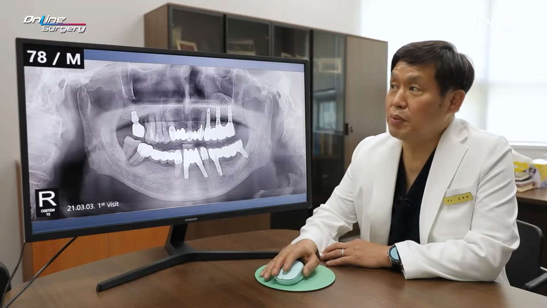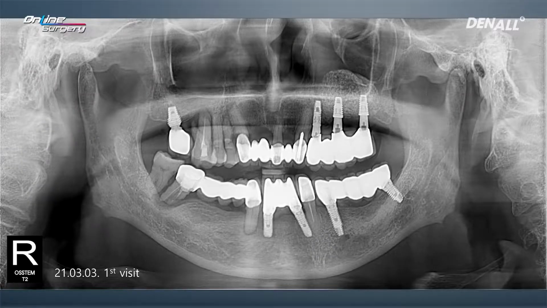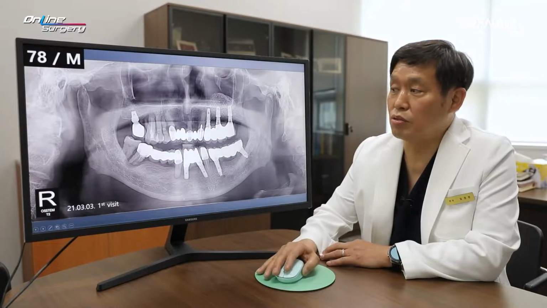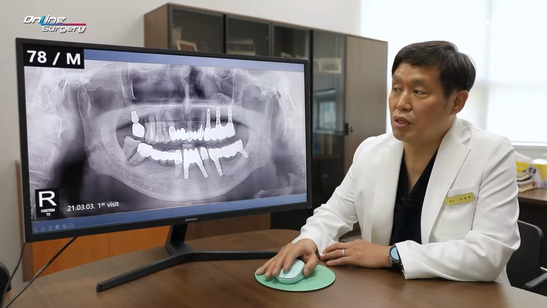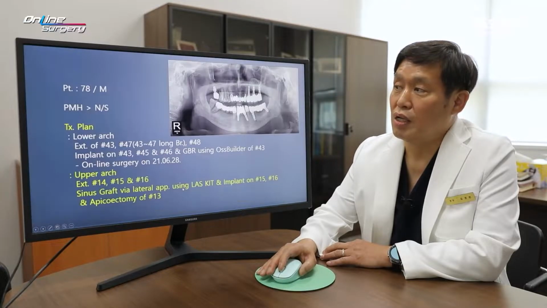The patient for today is a 78-year-old male patient. The patient actually came in March 2021. In both left and right, there were a lot of implants. The periodontal condition on the upper and lower right side became unfavorable. There was a lot of mobility and pain. There are some problems with the existing implants, but the patient wanted treatment in the upper and lower on the